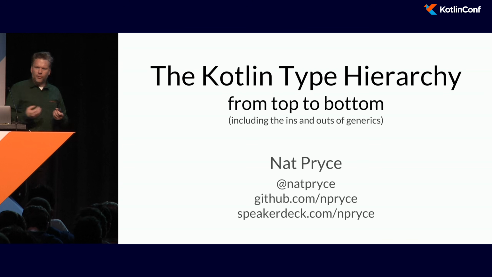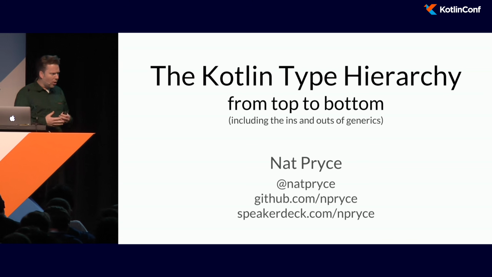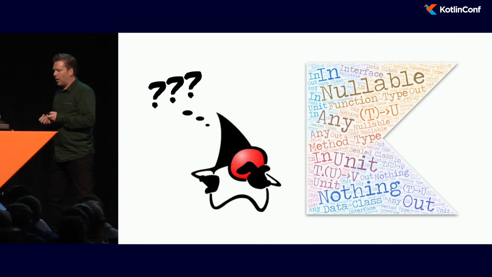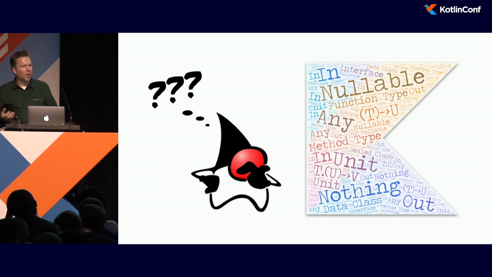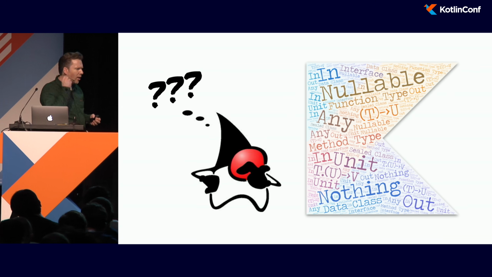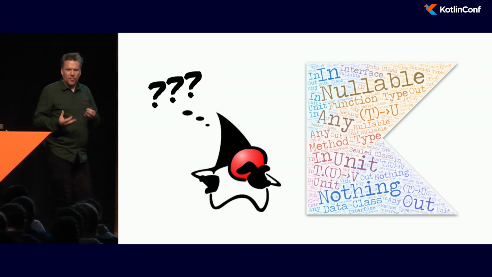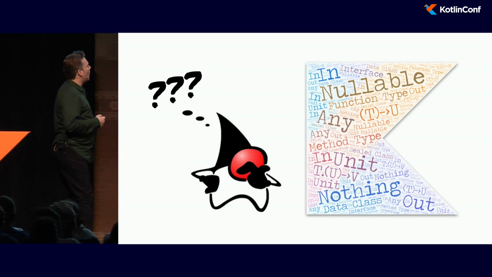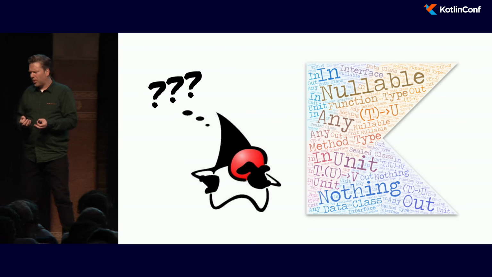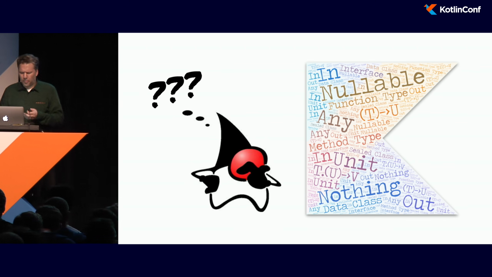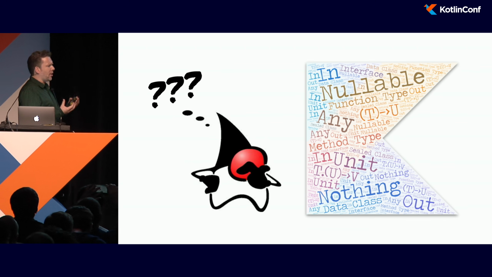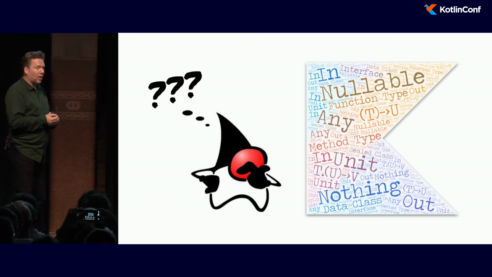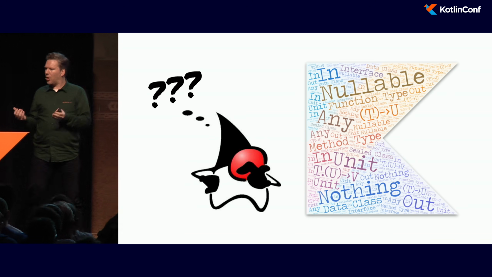And I guess the feeling as a long-time Java programmer approaching Kotlin was something like this. Kotlin, and particularly the Kotlin type system, had a lot of unfamiliar concepts in it. What is a unit? What's nothing? What's any? What's a function type? What's a method type? What's a lambda? It was quite daunting to come to Kotlin, fresh from Java.